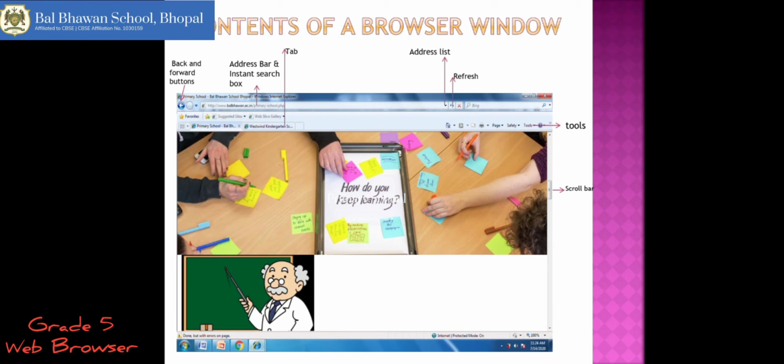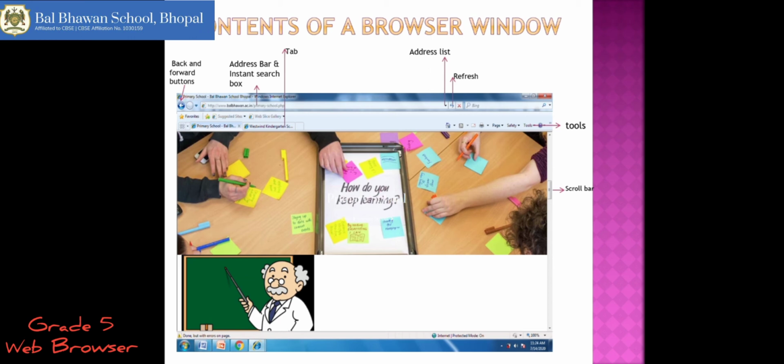Then you have the home icon. It displays the web page that appears each time you start Internet Explorer. Next is the tool icon. It displays the different settings of a web browser. Next is favorites. The favorites button is the star in between the home and tool buttons. By clicking on this button, you will get the list of favorites, feeds and the history you have searched before.